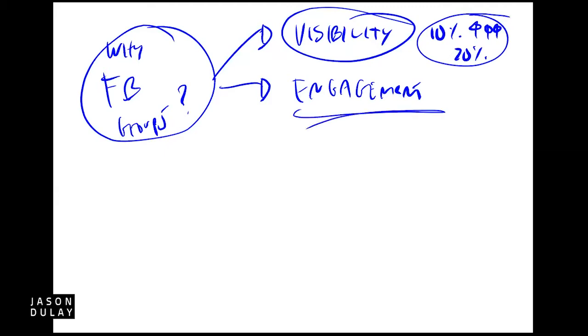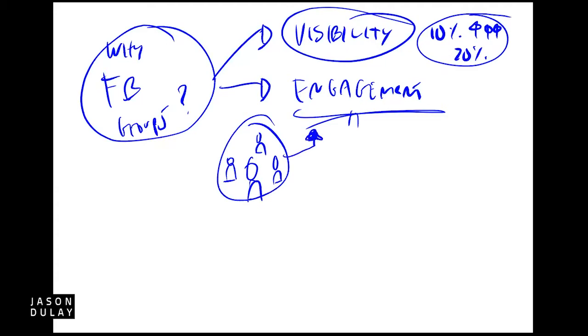Also, there's engagement, because people like being part of communities, right? People like being with other people. We are social creatures. So when we find people with the same likes, the same hobbies, the same interests, we engage more with them. And if we're talking about business here,